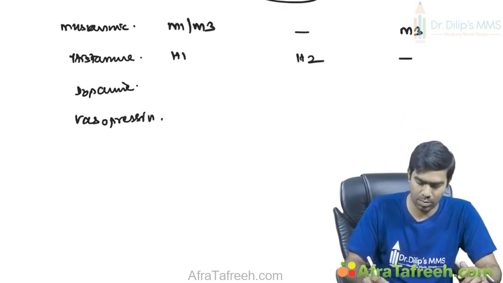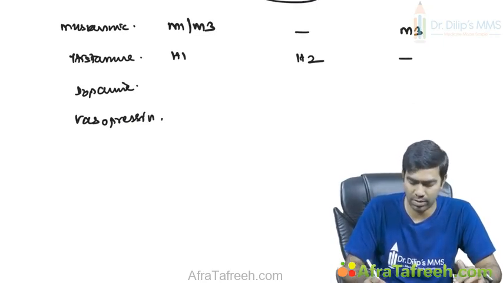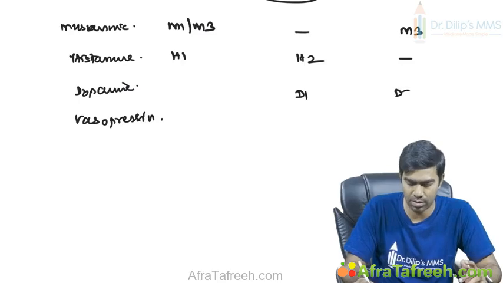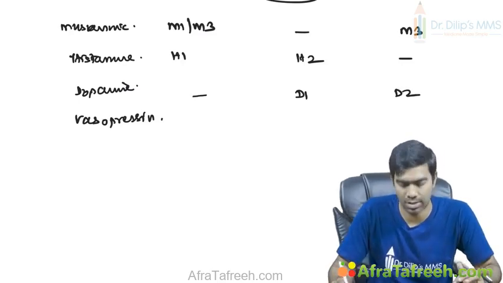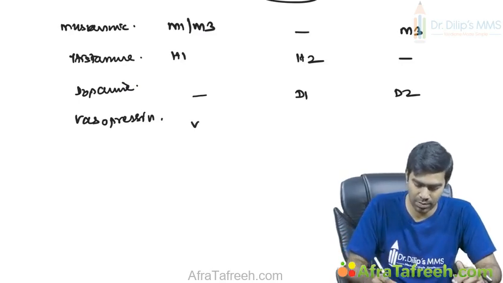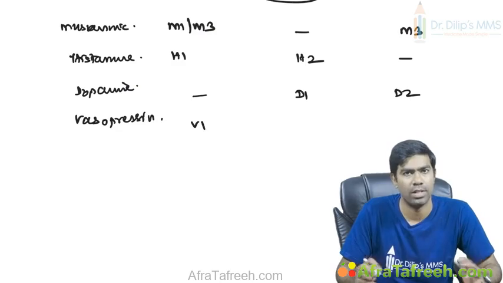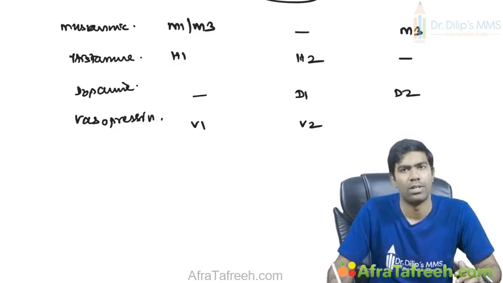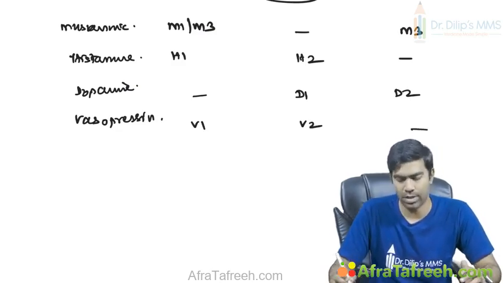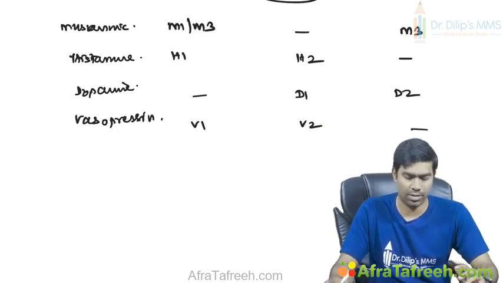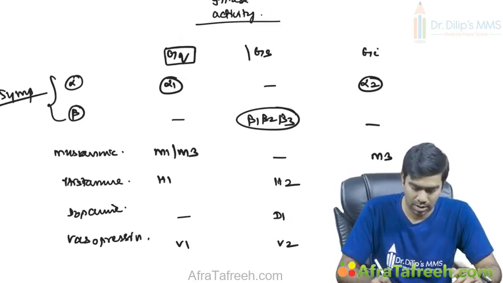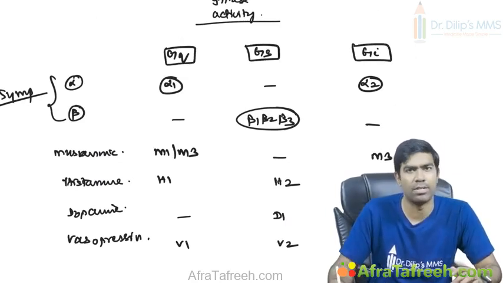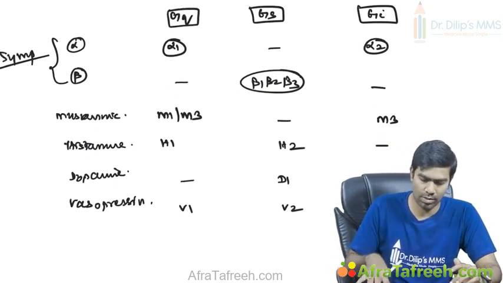What about dopamine? Dopamine acts through D1 and D2 receptors, whereas D1 is a Gs stimulated type, D2 is a Gi inhibited type, and you don't have any Gq type of receptors with dopamine. So what about vasopressin? Vasopressin V1 receptors act through Gq type and V2 receptors act through Gs type, and there is actually no Gi type of receptor. So this is very, very important to understand. These are the different types of G protein coupled receptors that you have to know, which ligand acts on what.